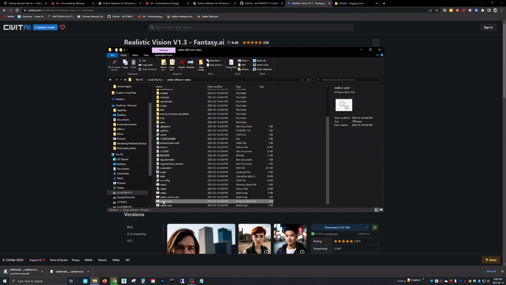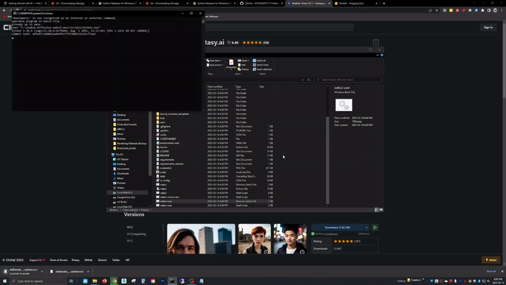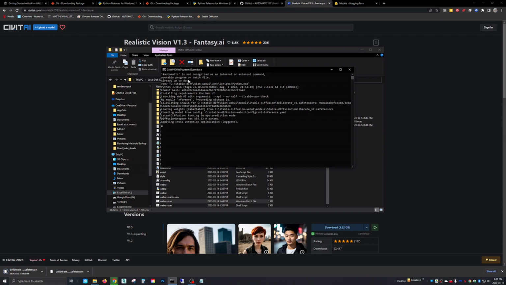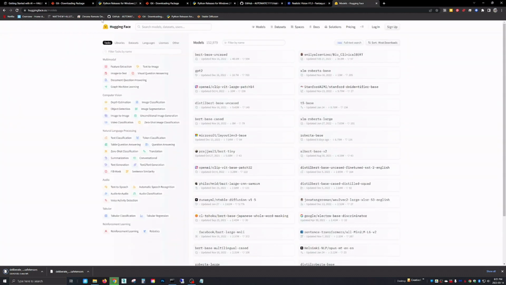And now we just double click the web UI. This will run the command prompt again, and it runs for the second time, so we don't have to download anything. It'll check to see if it's up to date, already up to date here. Then it's going to load in the extensions and all the stuff that you've done. And there it is. So copy this URL into